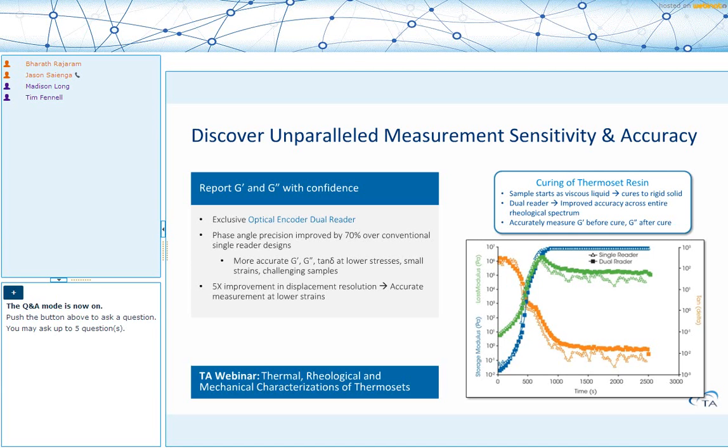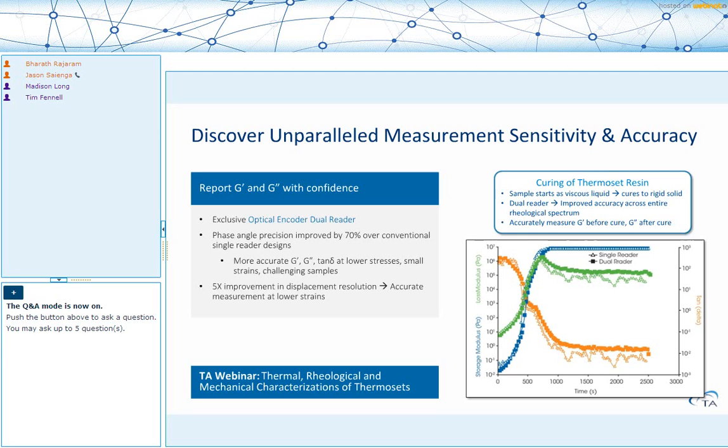technology in the filled symbols and a traditional single reader, and we can see across the entire spectrum, we get cleaner quality of data, especially on the phase angle. The dual reader technology helps you to accurately measure the weakest elastic structure before cure, the G prime, where the material is primarily viscous liquid, and accurately pick up the smallest traces of the loss modulus when the material is